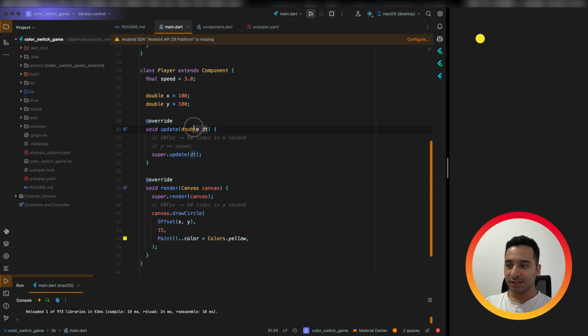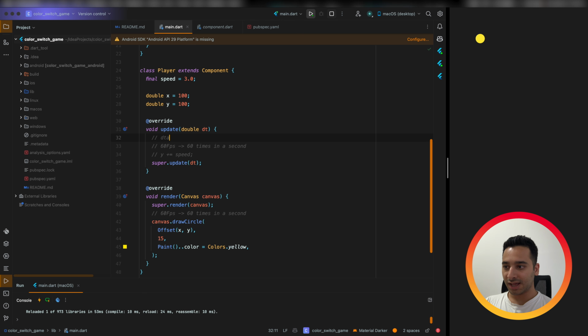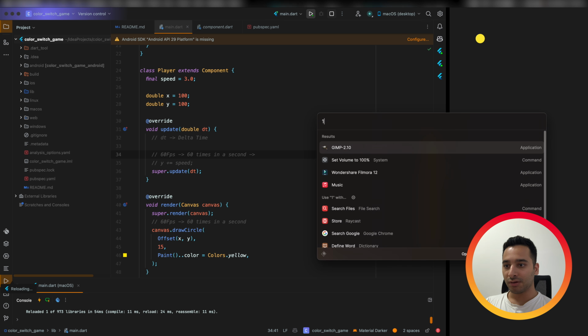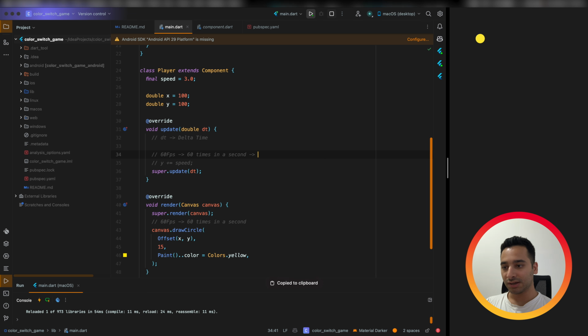So what is the dt variable? dt stands for delta time, which says how much time has passed since the previous frame. For example, if you are on a 60 frame per second machine, you will get something like 1 divided by 60.